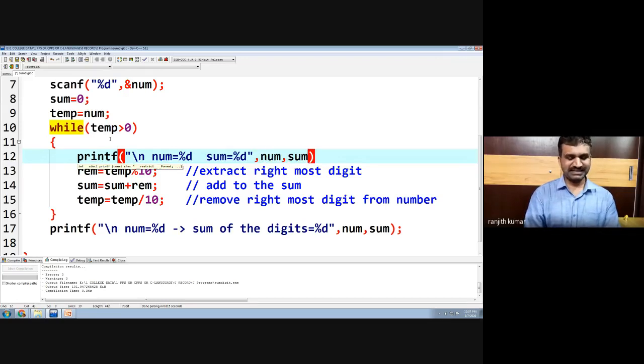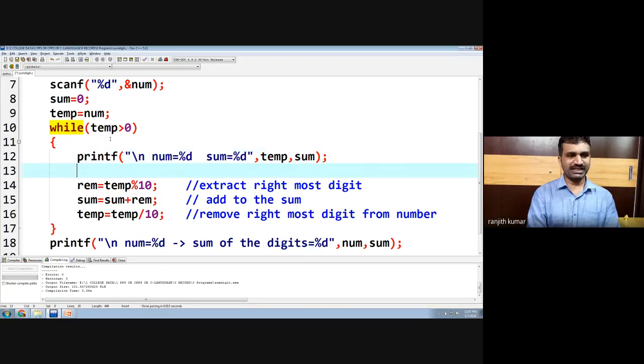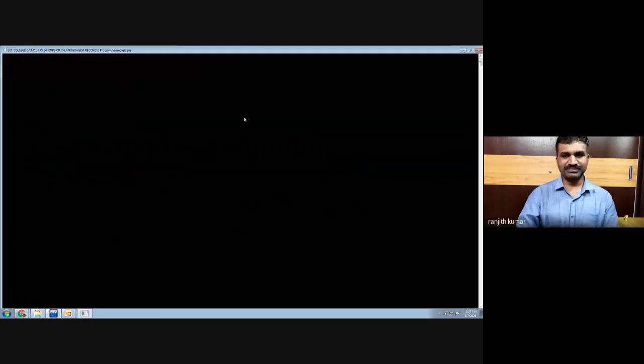But we are using the temporary variable rather than the number. Let's take temp. If you want to see it one by one, you can. Let us see the output here.